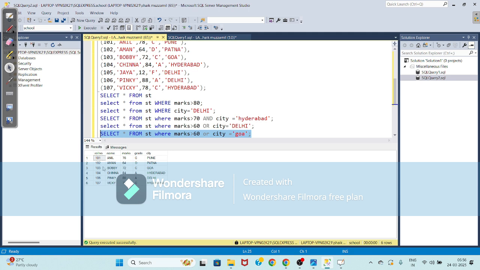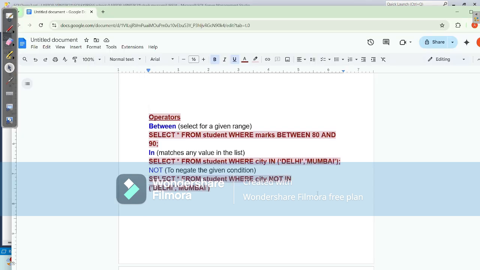Okay, here the statements have been formed, but 105, this condition is not satisfied for both the values here. So here 105 is cancelled. So the next operators that have been used here are between, in, and not.